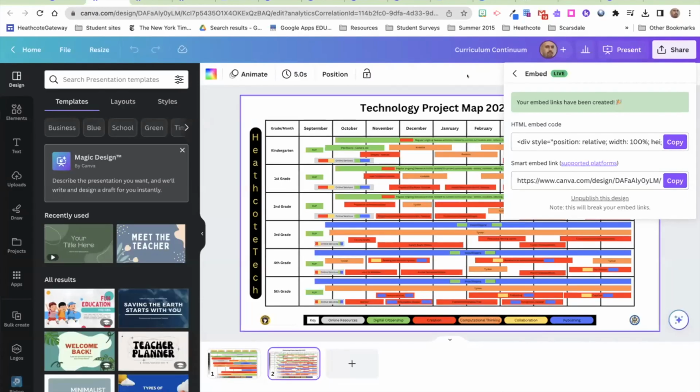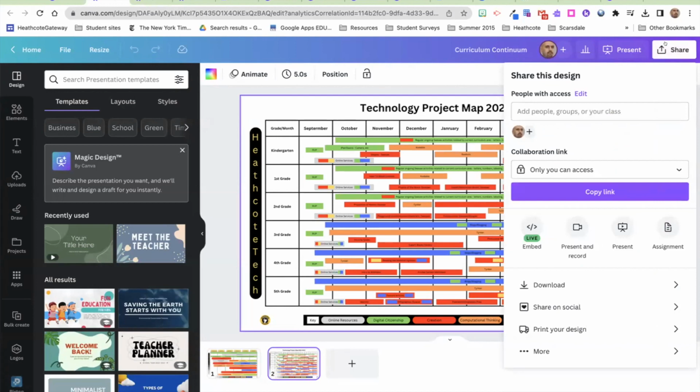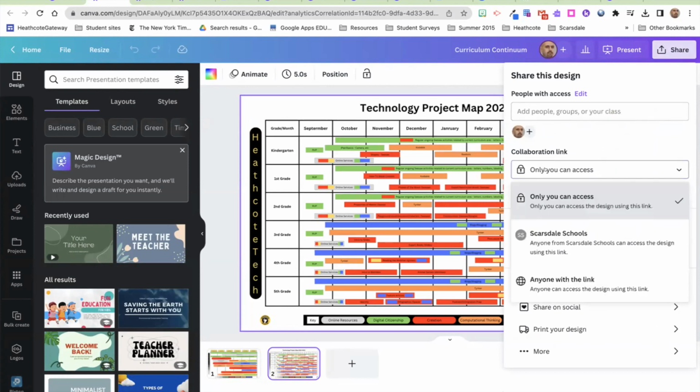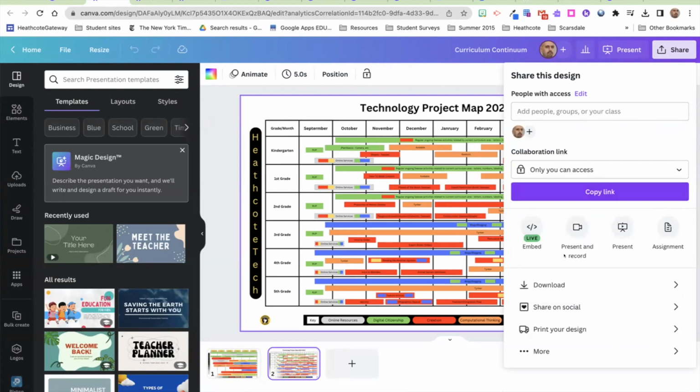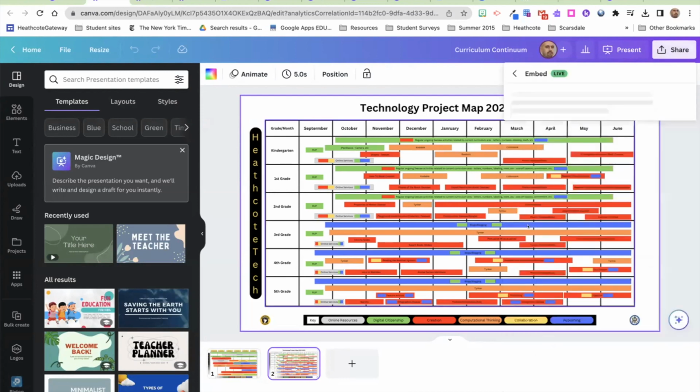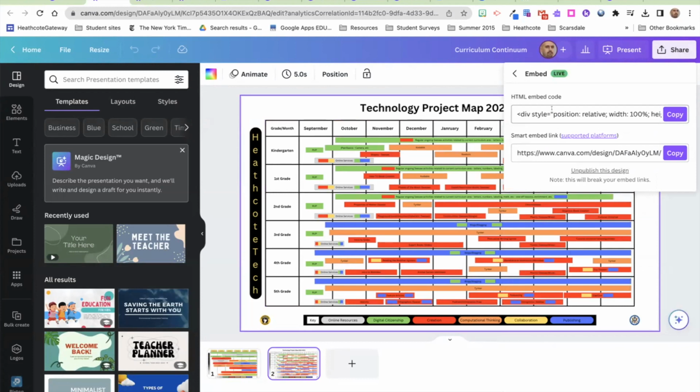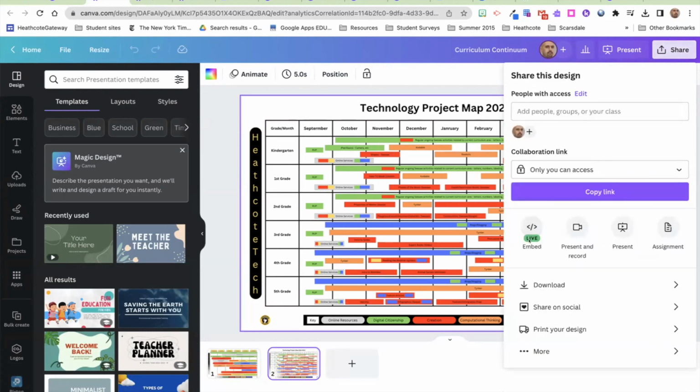So when you go to share, we had talked about this earlier, and it's also in that video that I have about sharing. You can share to people, right? You can share to groups. You can change access, right? Anyone with the link, subscribe to the schools, much like Google. Embed would be where you would actually get this code, like HTML code, and then you could put that in. It probably works better in WordPress than it does in Google Sites. But you can copy those, and it is live. What that means is if you were to update this, the embed code automatically updates. The embed code is essentially a little window into this file,